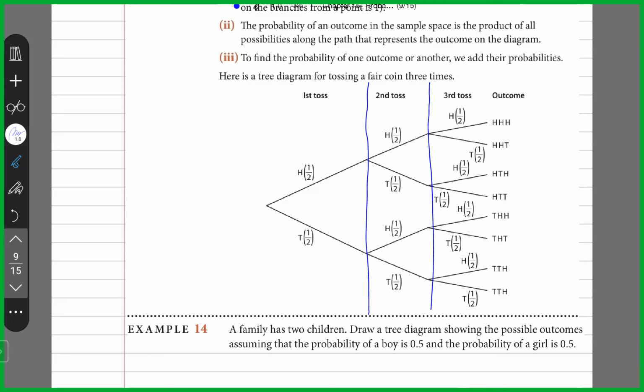Along a path, for example, here, those are independent events. And here, these events are mutually exclusive. So if I want to determine one outcome or another, I would add the probability of the outcomes. And if I want to determine one particular outcome, I would multiply the probability of all of the combined events that lead up to that outcome. With that in mind,